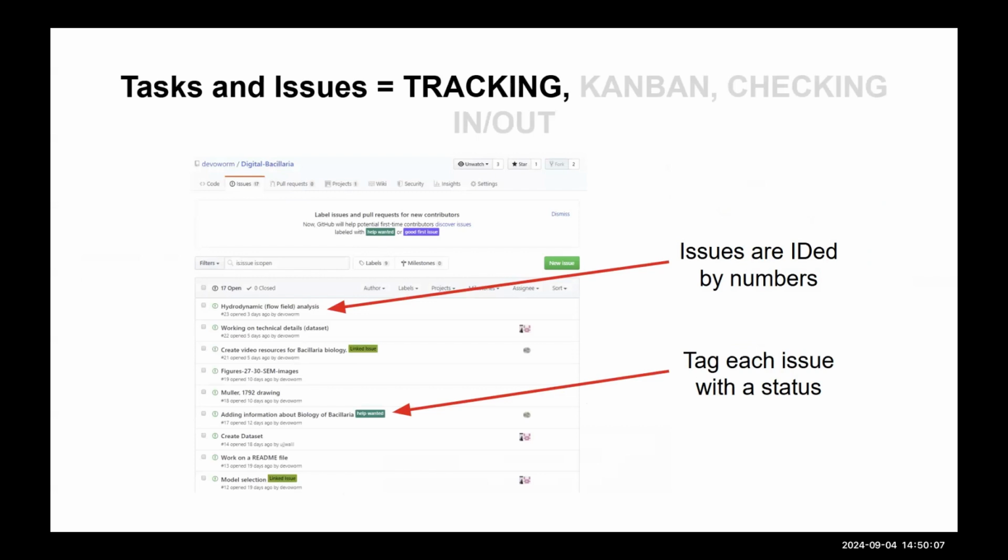We click this button, new issue, and we can create an issue. It's given its own number, so it has an identifier, and you give it a name, whatever you want. It's very standard: a name, just whatever you're trying to do, and then a little description. But the interesting thing about issues, once they're in here, is that I can reference them in a pull request. I can say this pull request is to address issue 23, and I've created this code for issue 23. People can go back to issue 23, look at the work that you've done, and go back to the minutes of your meeting and say, yes, this satisfies me.